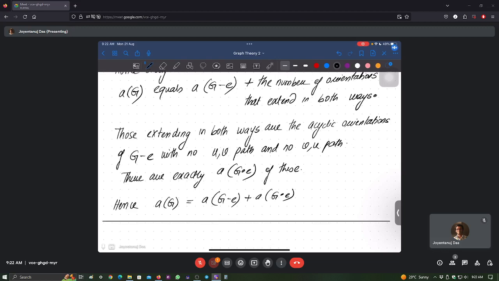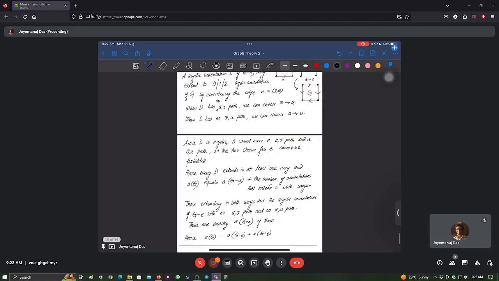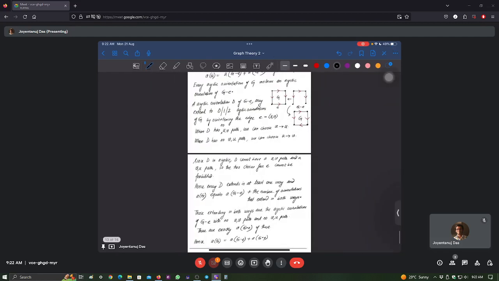Once the recurrence is proved, we have already shown by induction that the remaining result holds. We do induction, and we assume and we prove it. Right. So next what we have is